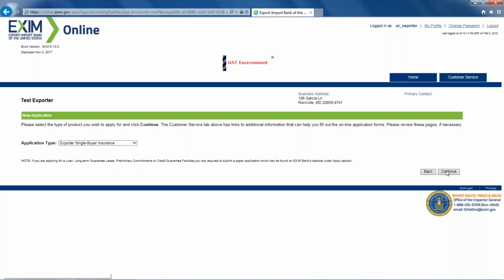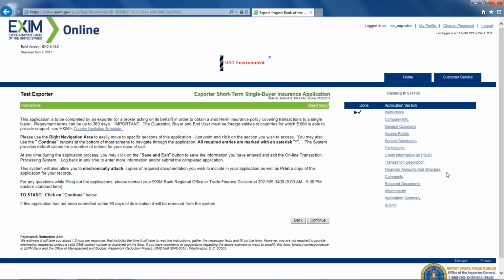And then we're going to go over to the continue tab and press that. And this takes us to the beginning of the application. And here you'll see some very basic but useful instructions. We encourage you, and we encourage you to encourage your clients, to take the time to read these instructions. It may save them some difficulty as they walk on through the application.